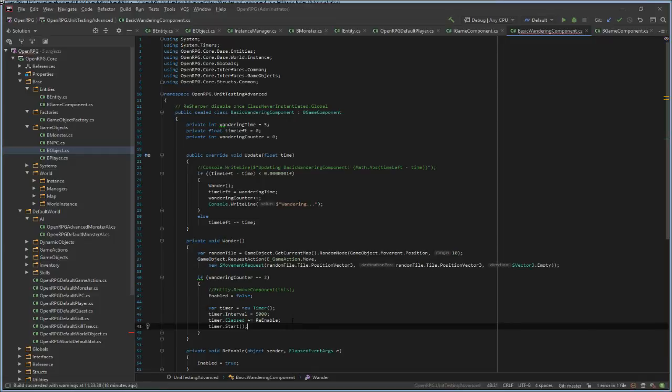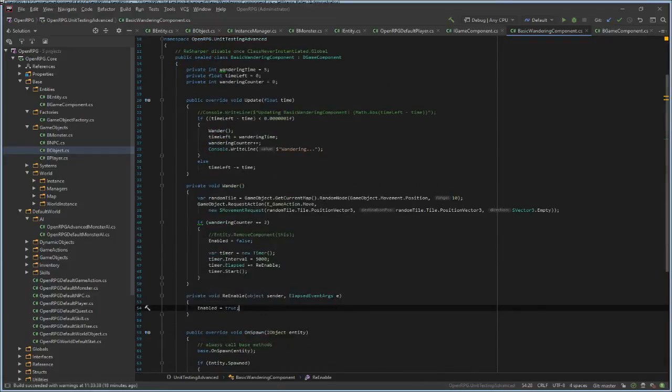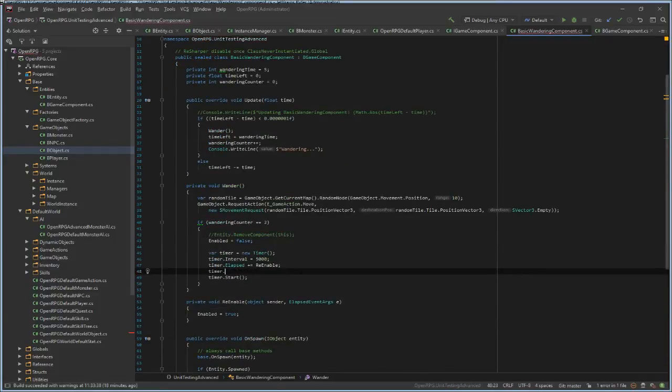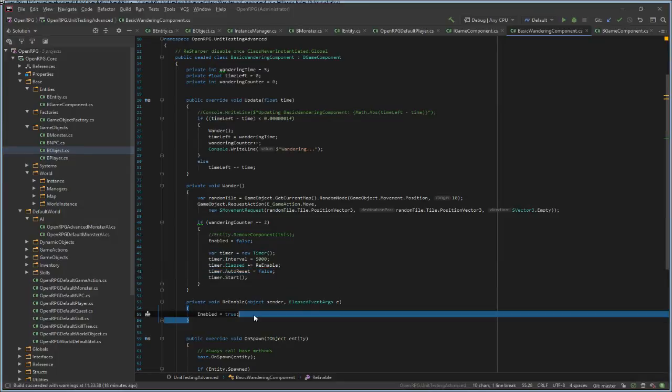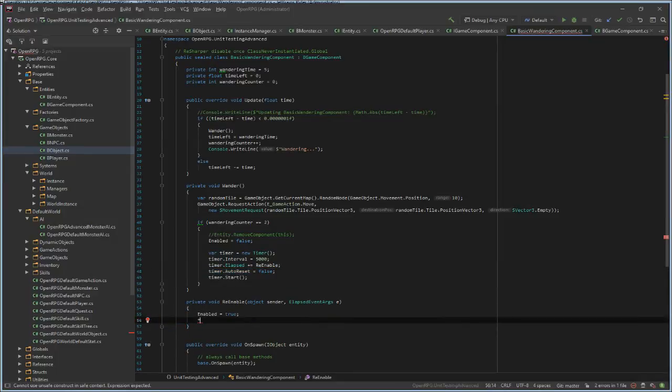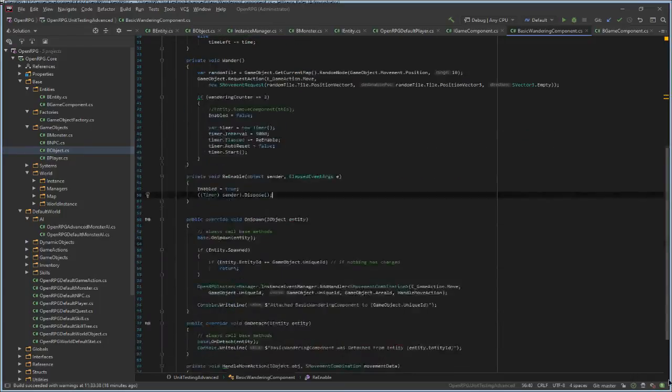Timer start, and timer auto reset equals false, so don't restart automatically. Wait until I give you the start signal. Sender dispose. I don't need this timer anymore, so it's just a one-time thing.